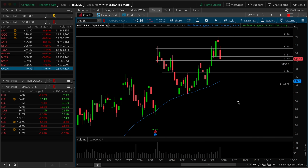A failed move to really maintain the hold up and over the equal high at 143. Thursday was actually looking very, very constructive. The Friday open, unfortunately, being underneath that 143, worth changing tone back down in here. I would say that Amazon is still looking constructive overall for the opportunity to find some sort of daily higher